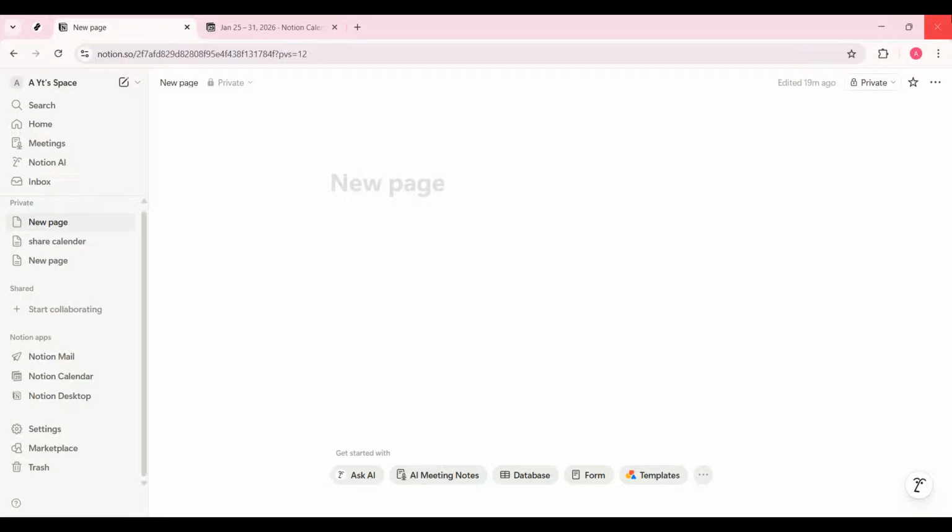In today's video, I'm going to show you exactly how to share a Notion calendar step by step so you can collaborate with teammates, friends, or clients without confusion. Notion calendars are perfect for planning content, managing projects, or organizing personal schedules, and sharing them the right way makes